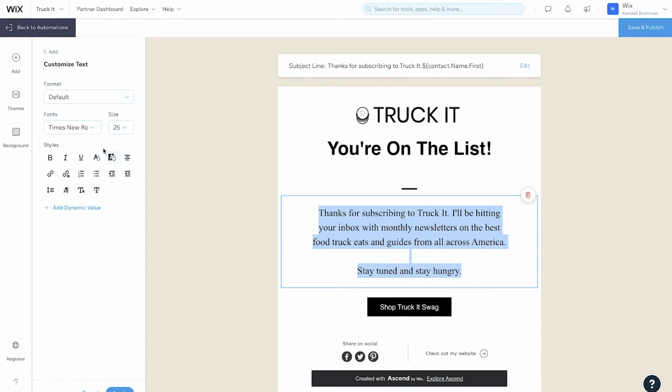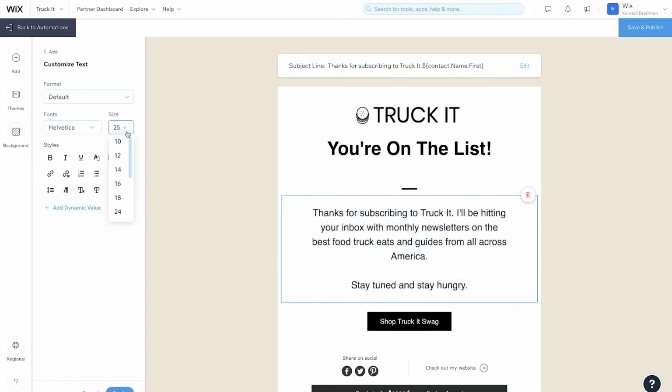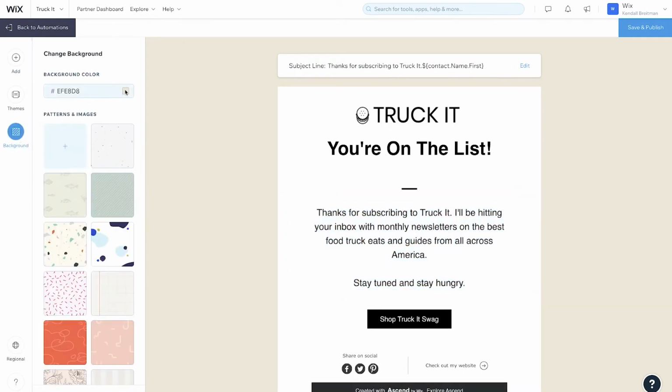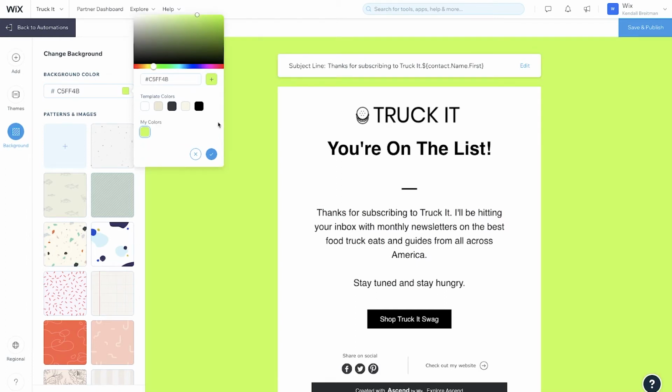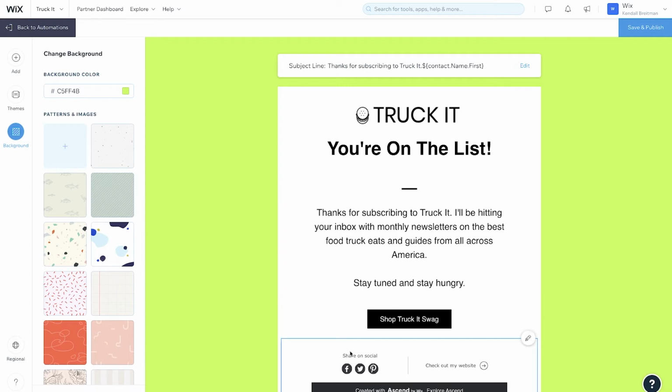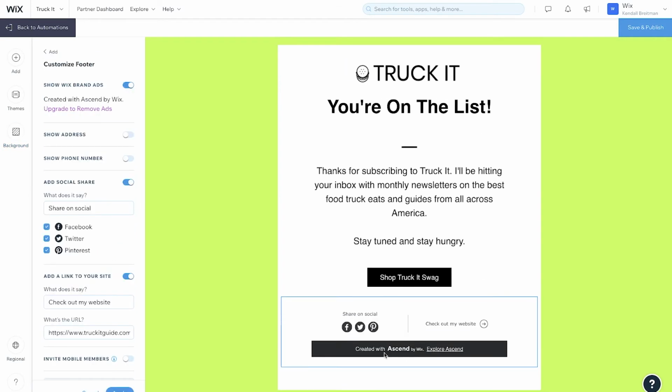And now that we have the text for the body of this email, it's time to spruce up the actual design as well. So I'll change out the fonts and the colors, and I'll go with Helvetica here again. And I can also change the background color to match the colors of my blog and keep that branding going. And down in the footer, I'm also able to link out to my own social pages and encourage people to share on theirs. And I'll make sure that my website link actually goes back to my page. So I'll do that by clicking right here and adding a link right in.